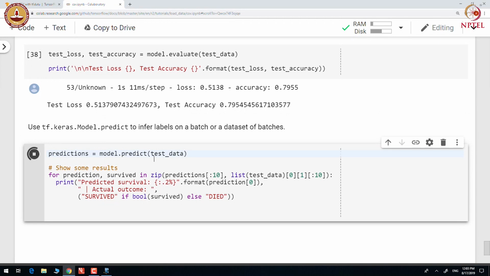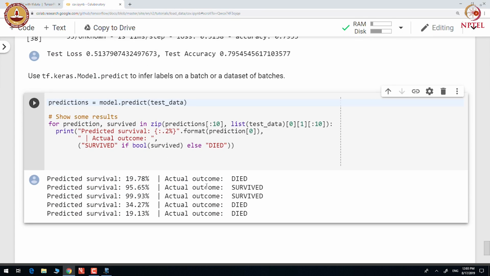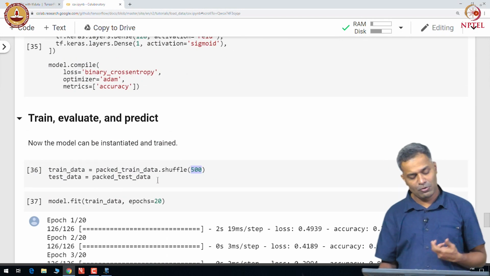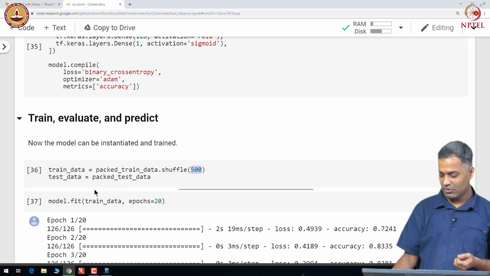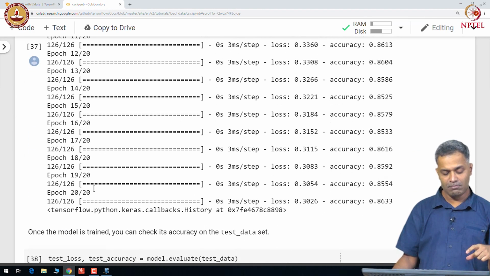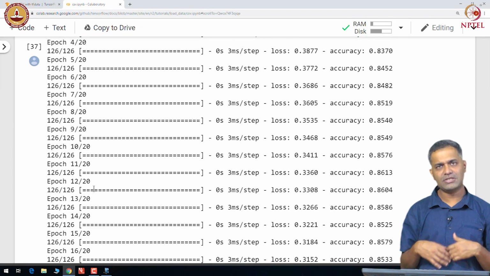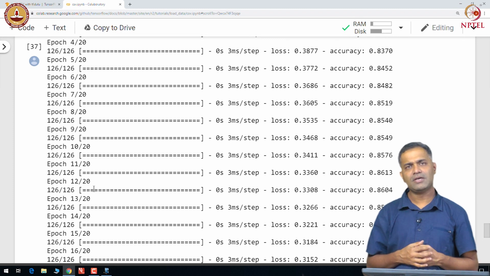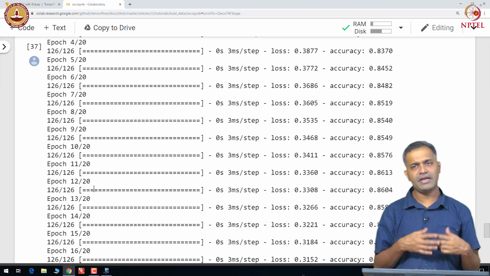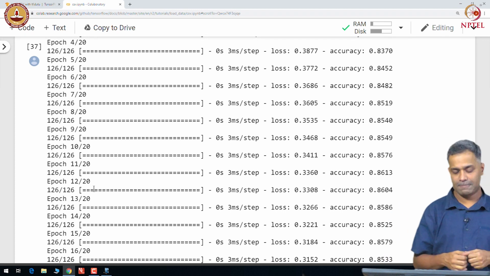We can also check out the model predictions and compare that against the actual outcome. We will be doing more and more of model training and evaluation in the subsequent sessions. So, we are not giving much stress on that particular part. In these sessions more stress is given on creating input pipelines from multiple sources.